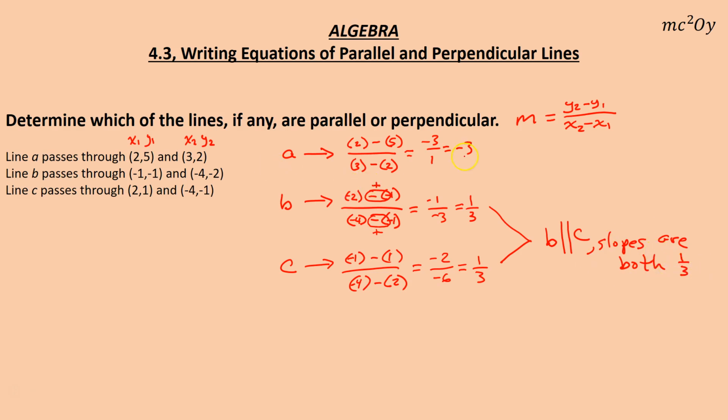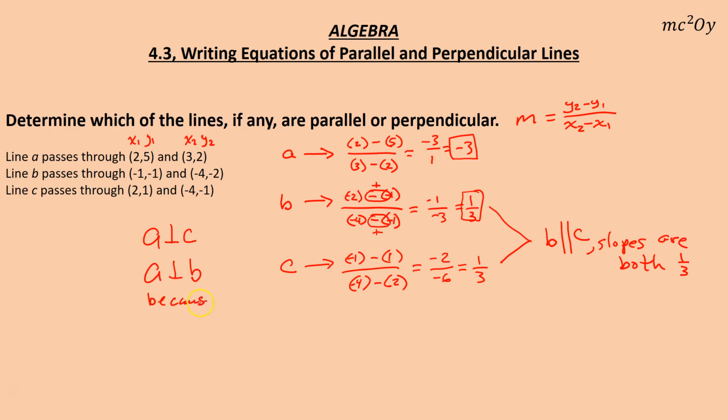You could also say that since this is -3 and this is 1/3, these are inverse reciprocals. So B and A are perpendicular, as well as A and C. A and C are also perpendicular here. Okay, so let's go ahead and label that a different way, rather than the messy way there. We could say A is perpendicular to C, and A is perpendicular to B